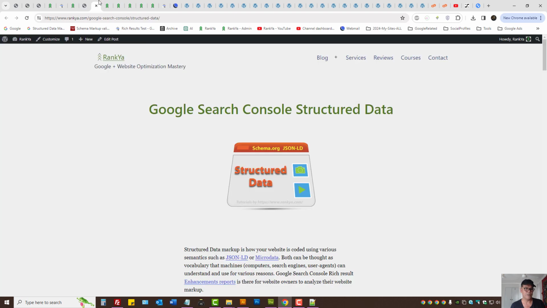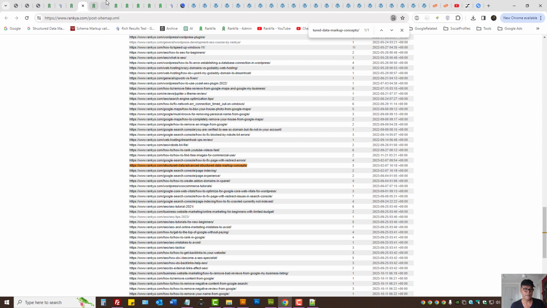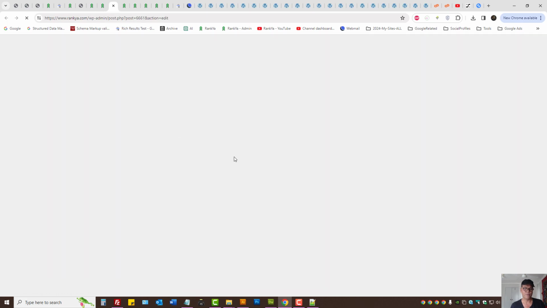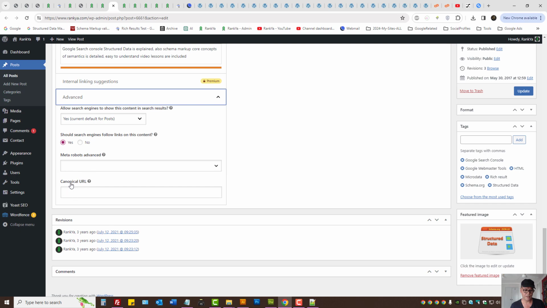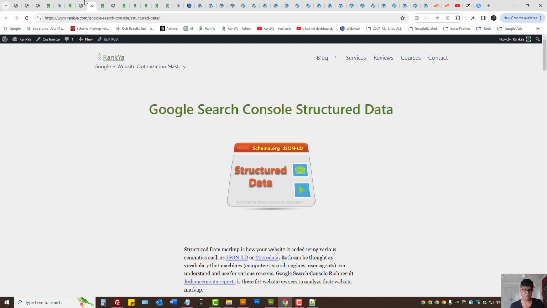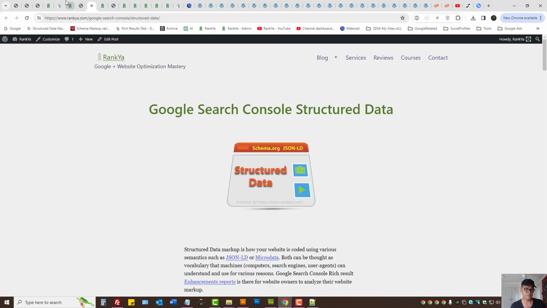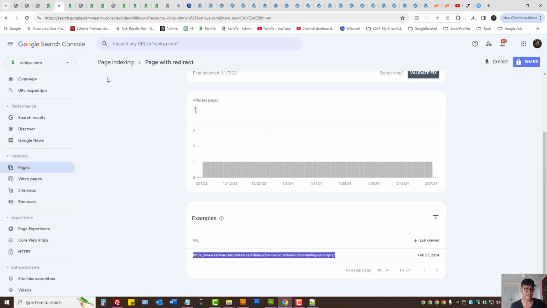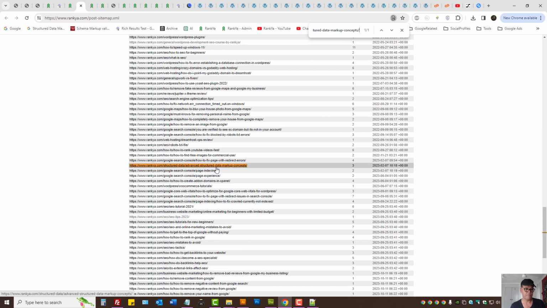Advanced structured data concepts. Okay, edit post. I'm using Yoast SEO plugin. Another thing that I can do is check if there's any canonical URL declarations here. Now, why is that still in the sitemap? So there is a problem. I need to remove this from my sitemap, which shouldn't be there because the website is not there. So that means that that's a Yoast problem,